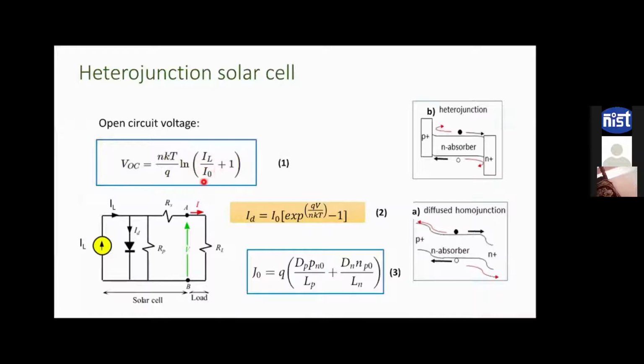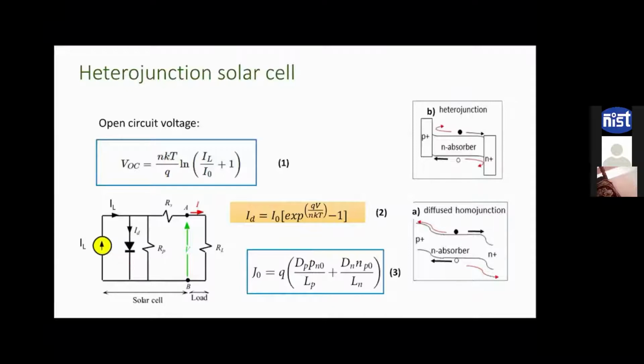And what is this I0? This I0 is the saturation current of your solar cell diode. Obviously, if you are making a solar cell out of an N or P absorber layer, and you have a doped layer of opposite doping to make a junction for creating that internal force to separate out the electrons and holes, you end up with a diode inside your solar cell. Be it a Schottky diode or a Shockley diode, there is a PN junction diode inside your solar cell structure. When light shines on this diode, what happens?